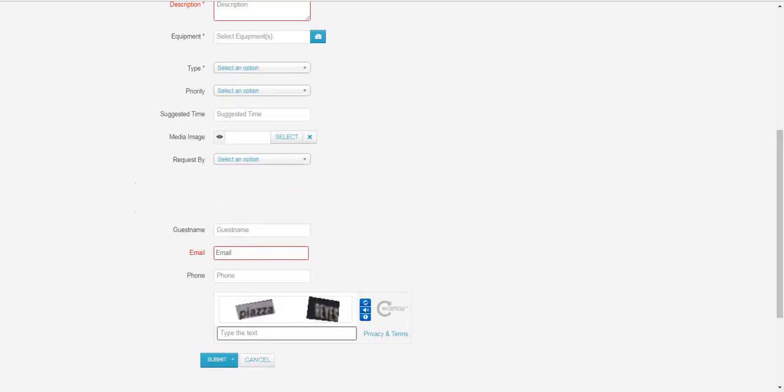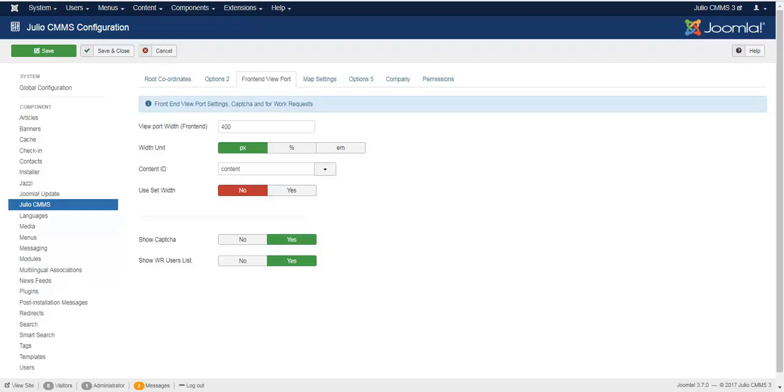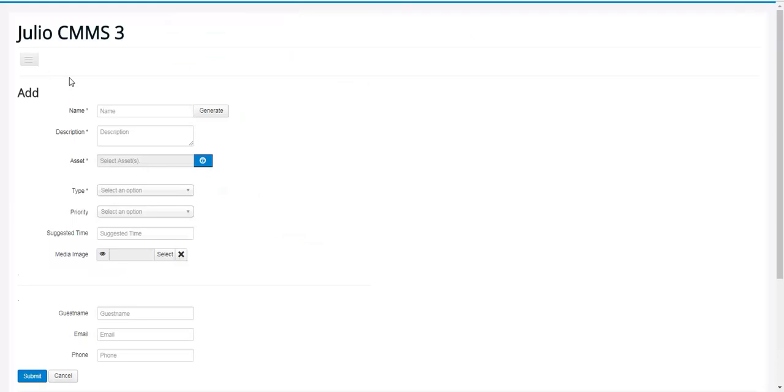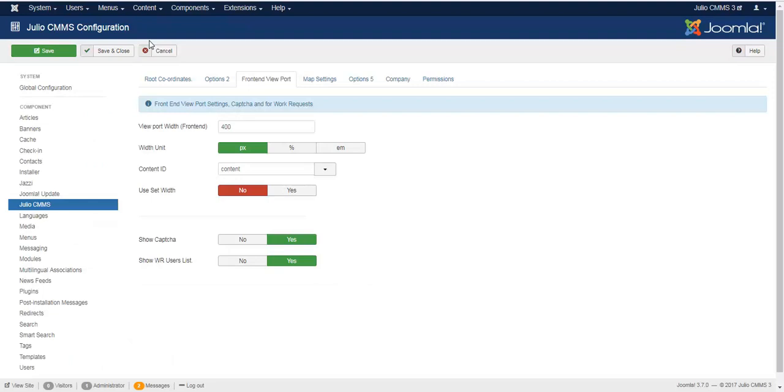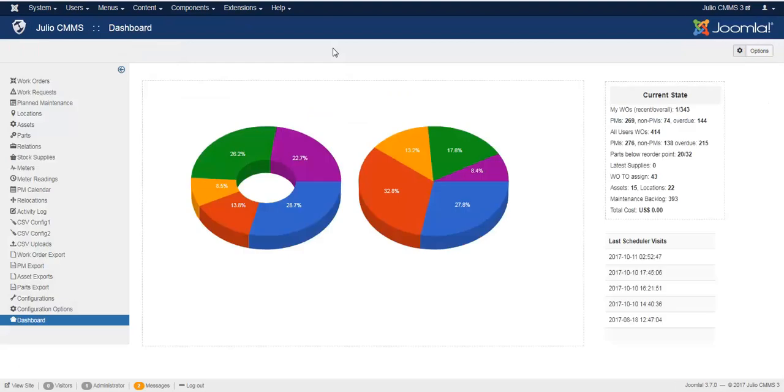If you want to add the captcha field, everything is after setting the configuration options. Let's go back to the back end. After setting the configuration options here, you can go back to